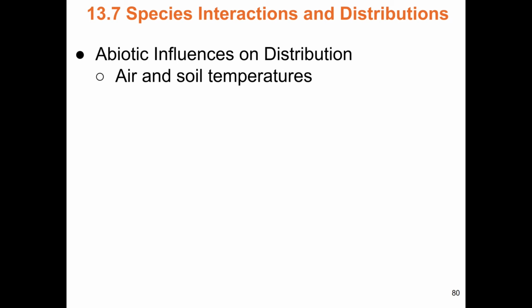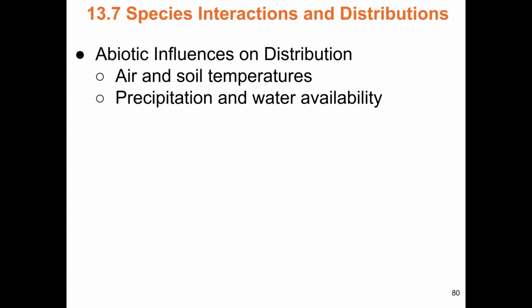Abiotic, so non-living, influences on the distribution of species. We've got air and soil temperatures, again, Goldilocks principle. There are global Goldilocks principles, because when temperatures get too hot, once you start getting over 120 degrees or so, enzymes start to break down. So there's global hot and cold limits. Below freezing, it's very difficult for organisms to survive because water is a solid. Above 120 degrees, it's difficult to deal with enzymes. But then each organism itself would have particular air and soil temperature requirements.